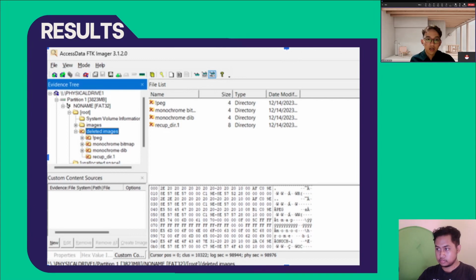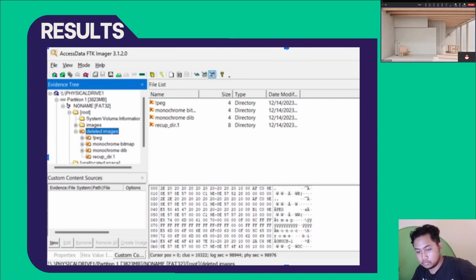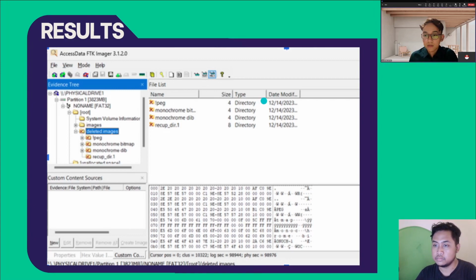And if we use FTK Imager, we can see that there are other files. If we add evidence, if we add our physical drive as evidence, we can see that there are multiple deleted files here, and we can try to recover these deleted files by copying them into another folder.